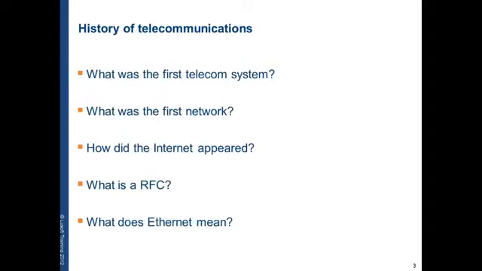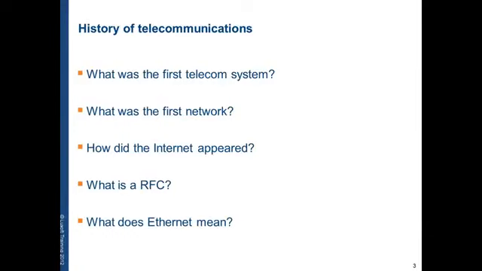The first letters transmitted were LO from login from Los Angeles to Stanford. They said that it was built to resist a nuclear attack, but it was so frail that the network crashed after the first 2 letters sent.